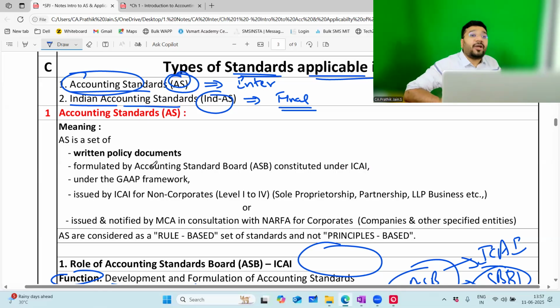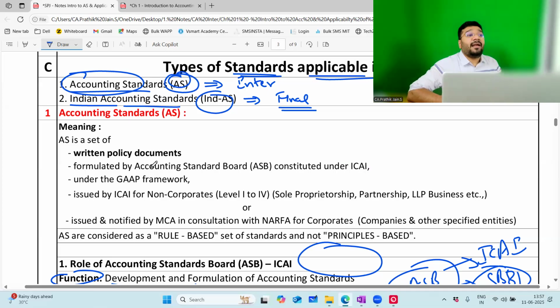ASB in return hands over this PD to whom? The ICAI Council and all the external bodies such as RBI, SEBI, MCA, C&AG, etc. Then what happened? From these professional bodies and regulators, we got the input. ASB assessed and reviewed that input, and based on that, they made the necessary changes. The final version of the PD with the changes made is called the exposure draft, ED.